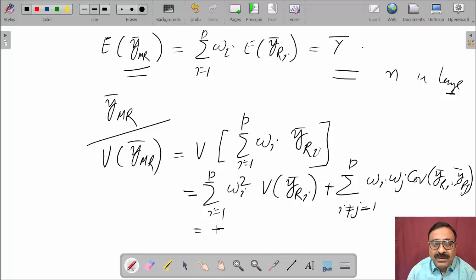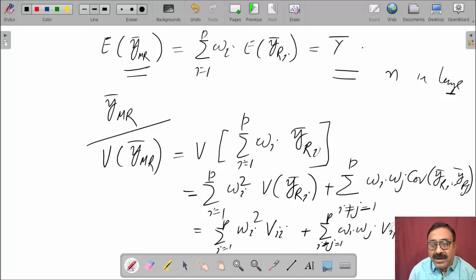Now that is equal to summation i equal to 1 to p wi square Vii plus summation i not equal to j varying from 1 to p wi wj Vij, where